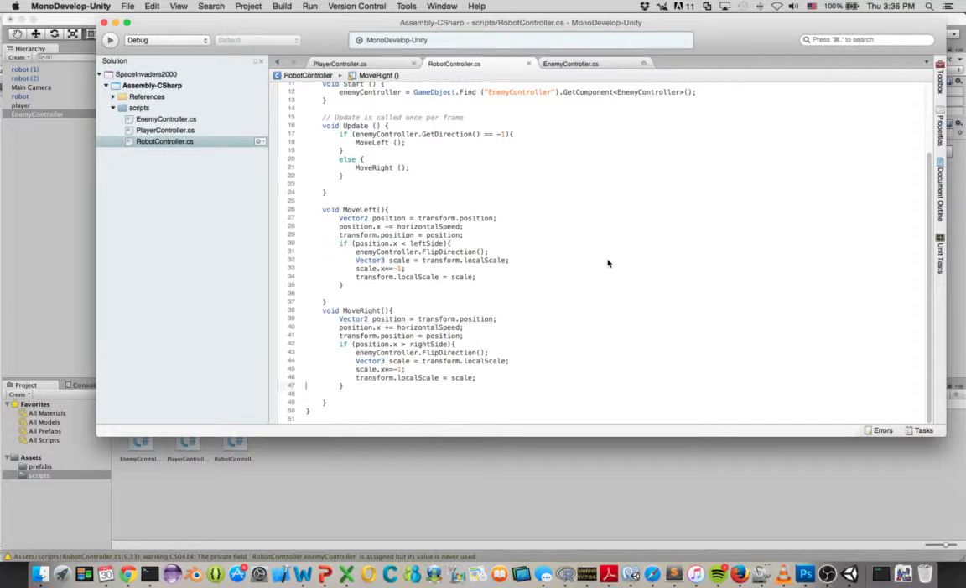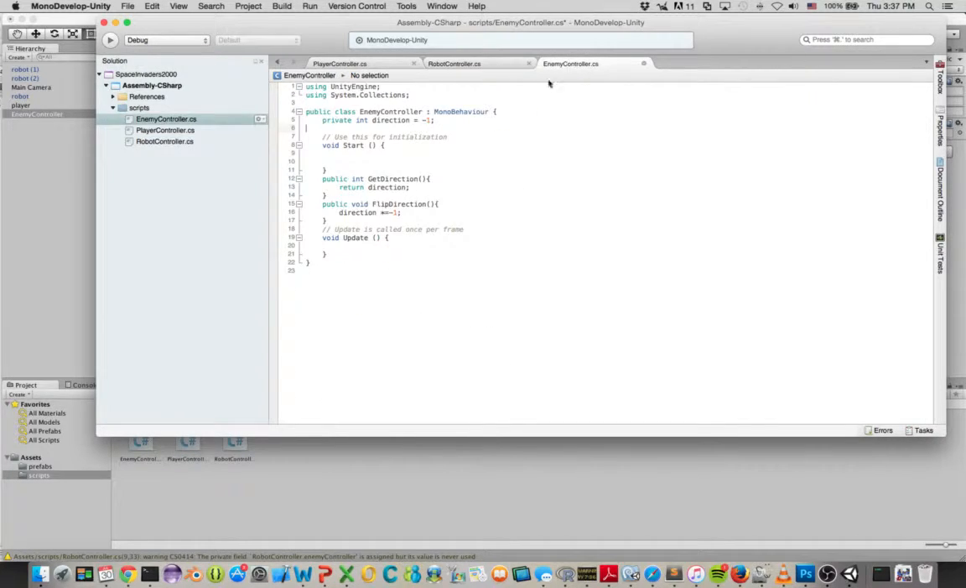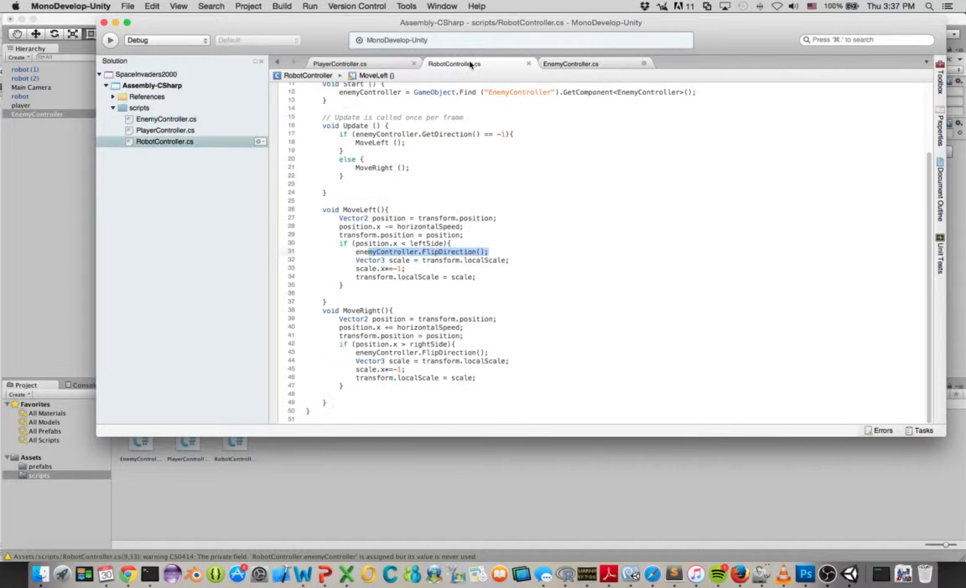And let's see, is that going to work? Probably not, because it's going to work for the very first robot that we have, right? Because he's going to come down here and say, oh man, I'm at the left side. I'm going to call the enemy controller flip direction method, which right here is just changing our direction, which is exactly what we had before. He's going to face the other direction, which is right, and then, I'm sorry, correct and right, and move on